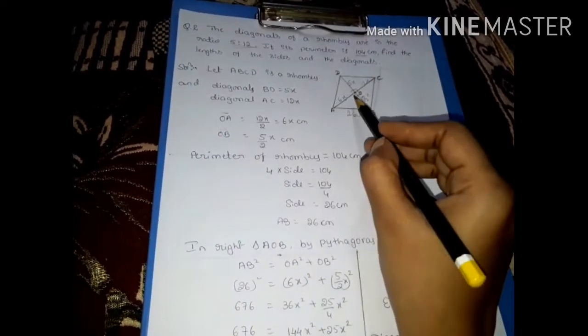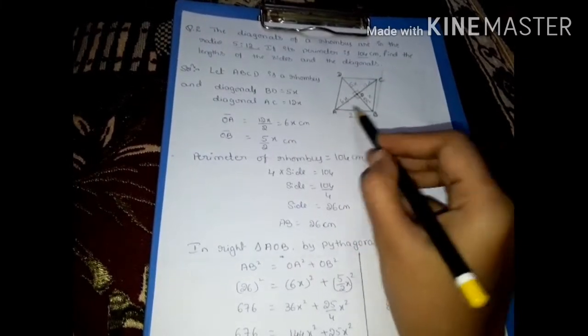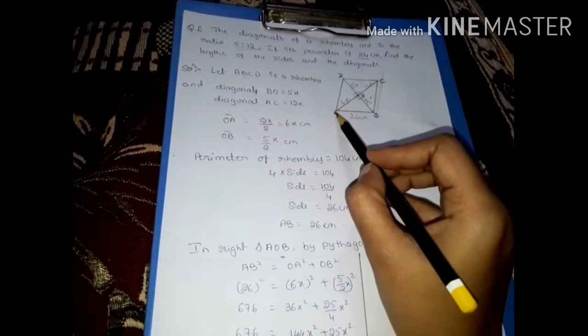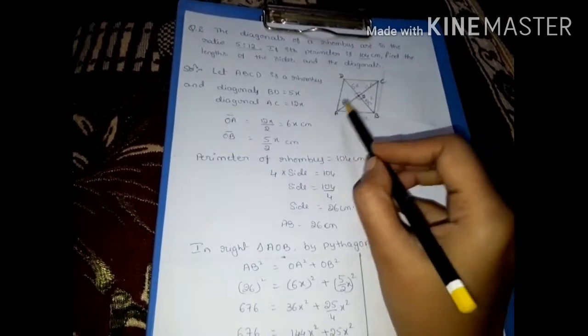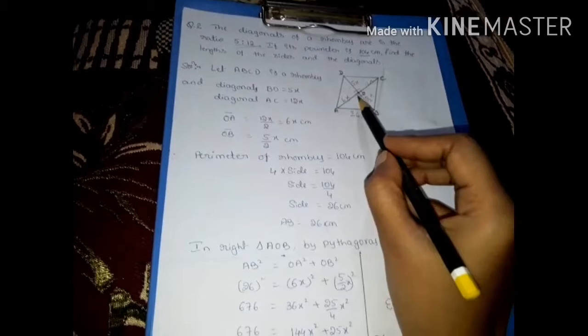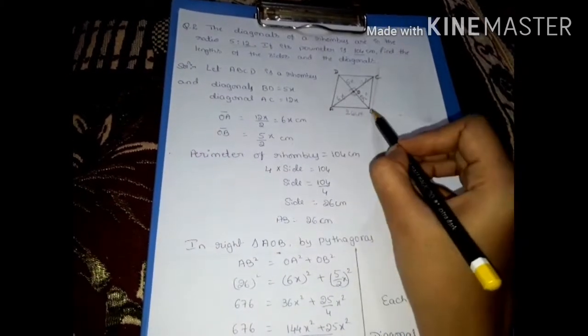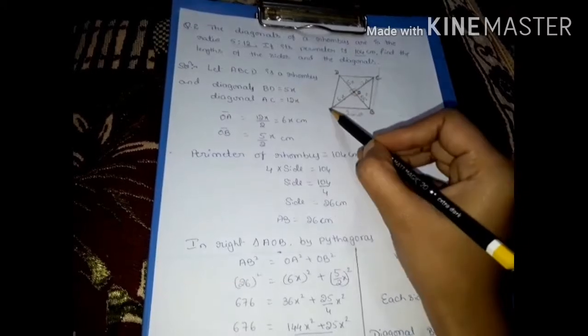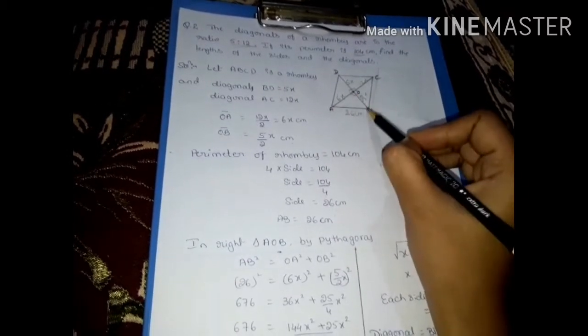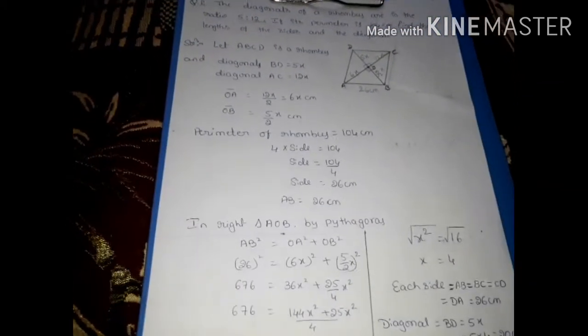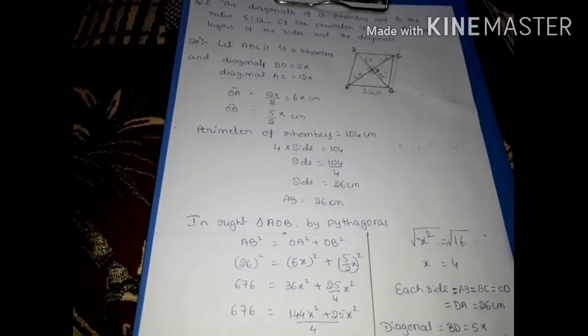It says here, 90 degree means AB acts as a hypotenuse. Then square of hypotenuse is equal to sum of the squares of the opposite and perpendicular. So here AB square is equal to OA square plus OB square. AB square is equal to AO square plus OB square. Sum of the squares of the base and perpendicular is equal to hypotenuse square. Now AB already we got. How much we got? 26 centimeters.